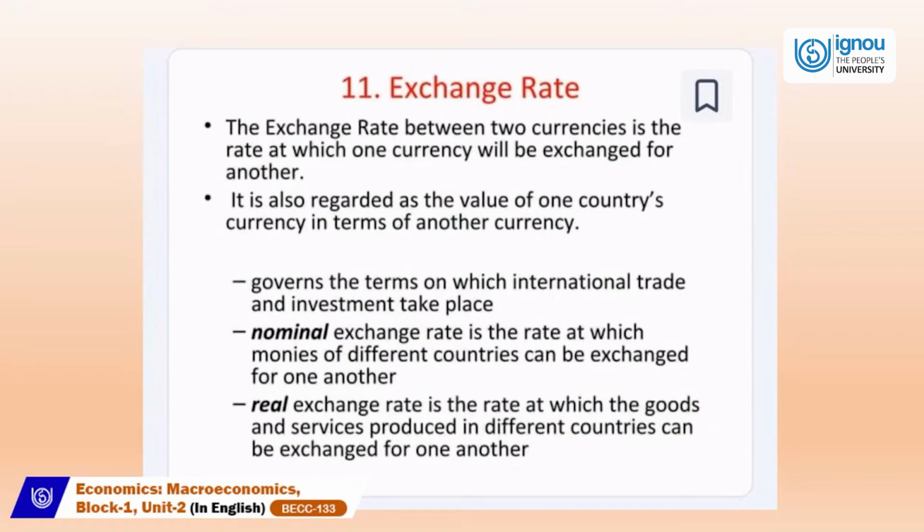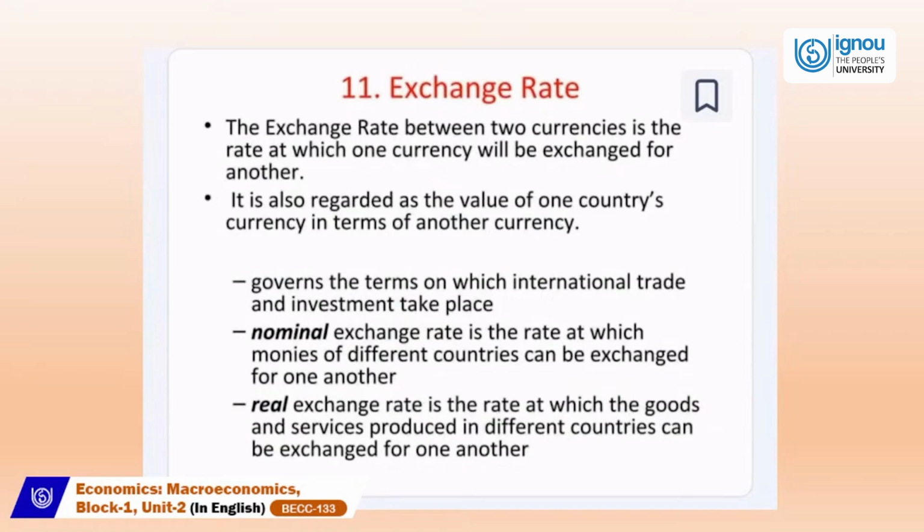The next concept and the last macroeconomic variable is the exchange rate. When we talk about the exchange rate, we are ultimately talking about currencies. It refers to a rate at which one currency will be exchanged for another. For example, for the American dollar, the rate of American dollars would be